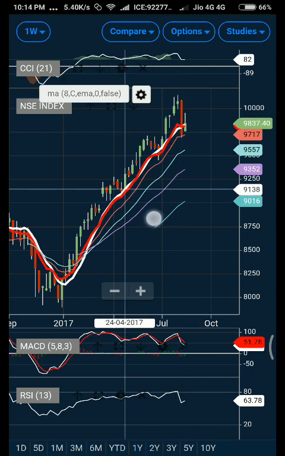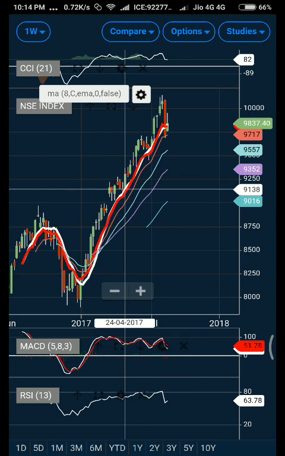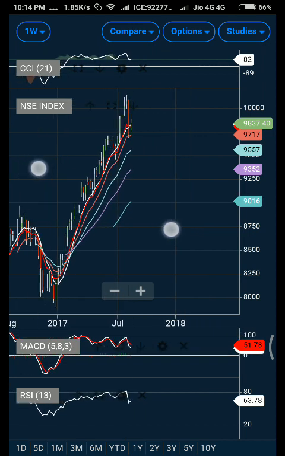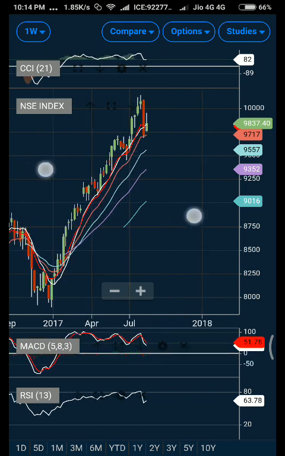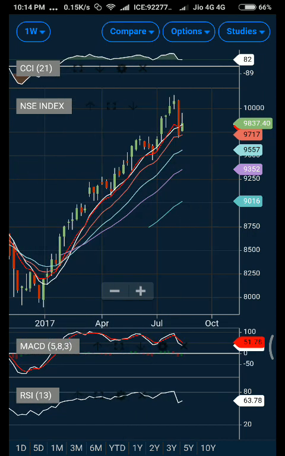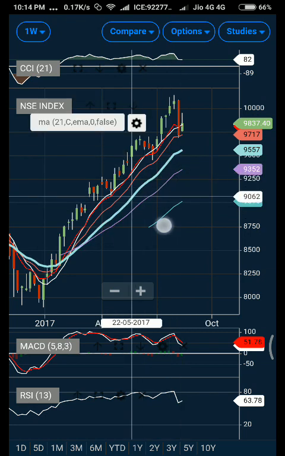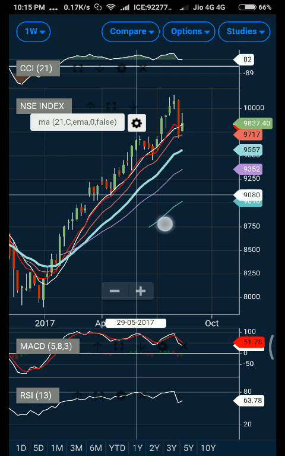So right now what I feel is things are quite comfortable as far as Nifty is concerned, because CCI is trading quite high, and I am not of the opinion that any aggressive down move is likely to happen, or if at all that happens, 9717 is the level one should watch out for.